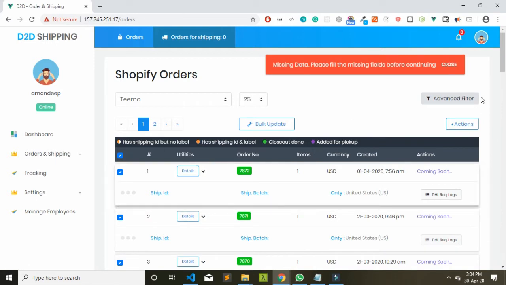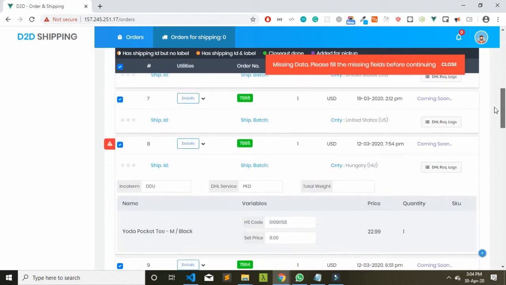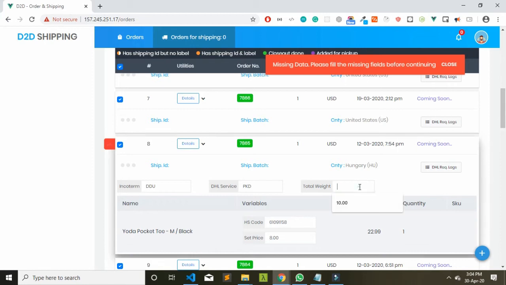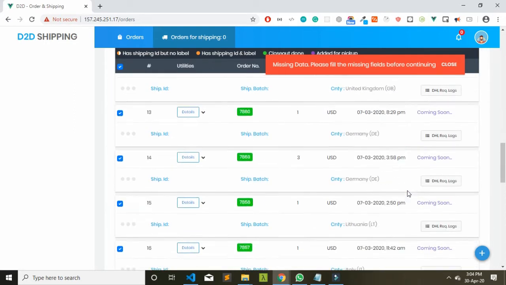Once I click it, you will see "missing data, please fill the missing fields before continuing." So this is the validation. You have to check for the missing data. There are some data that are missing over here, so I will just manually enter them.